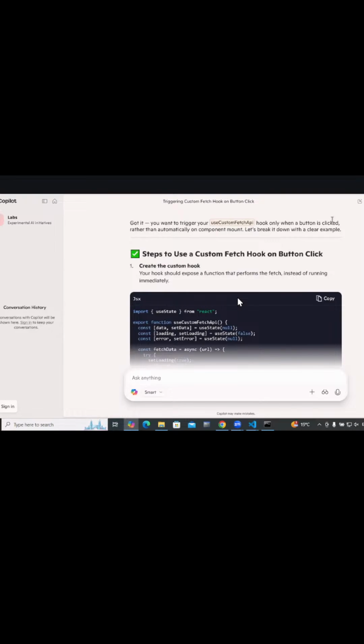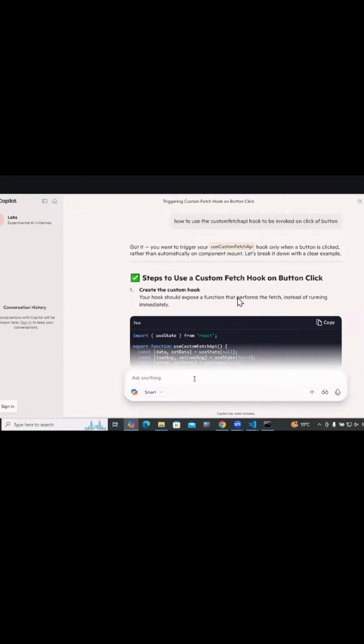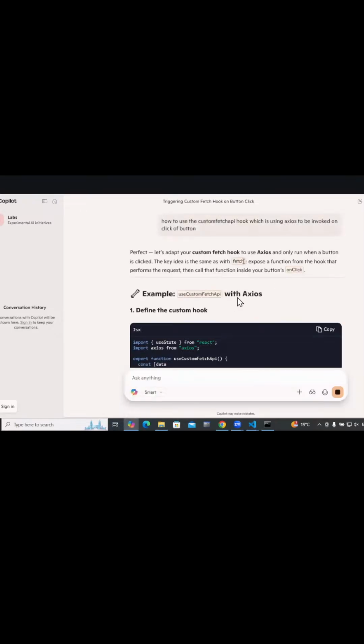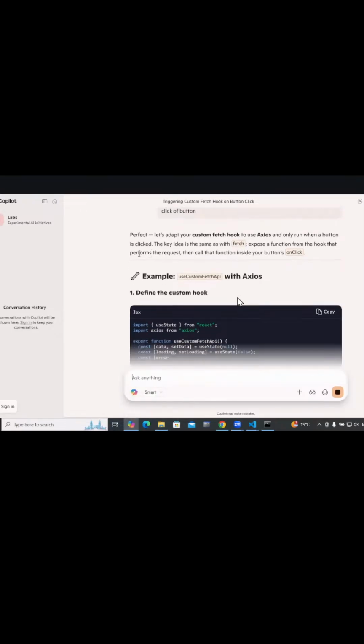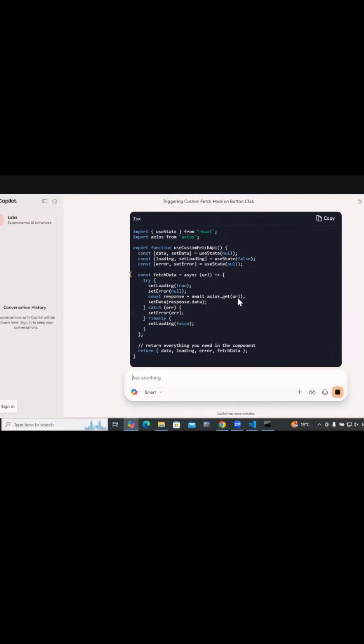We'll do one thing. Let's go with the Axios guy. How to use the custom fetch API hook which is using Axios. Okay, the same guy, loading, error and so on. This is a custom fetch.